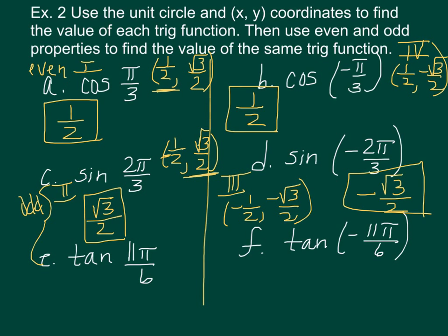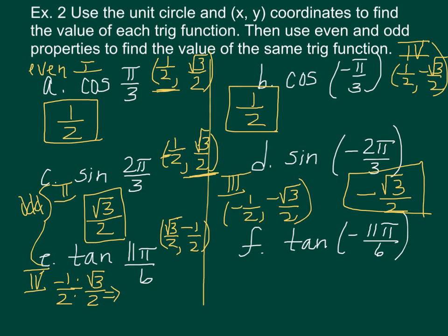E is 11 pi over 6. 11 pi over 6 uses the same coordinates as pi over 6, which are radical 3 over 2 and 1 over 2. 11 pi over 6 is in quadrant 4. Quadrant 4, the y value is negative. To find tangent, we would divide y by the x,